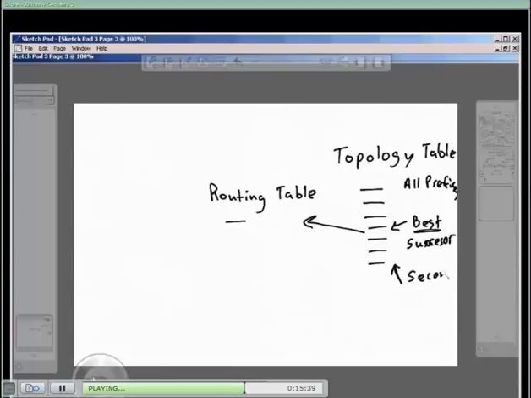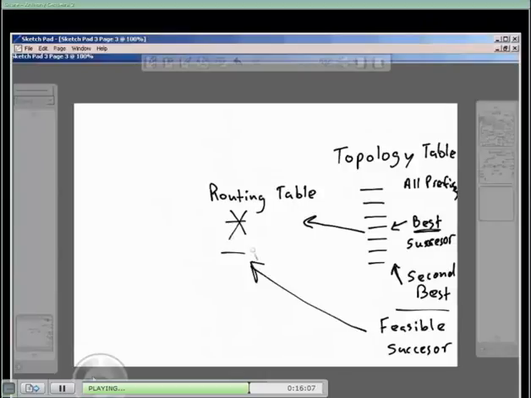It doesn't put those in the routing table until there's a loss of the best route, and then it can immediately, almost immediately, install the second best route. So this is pretty exciting, very sophisticated, and it is how we can have such blazingly fast convergence with the